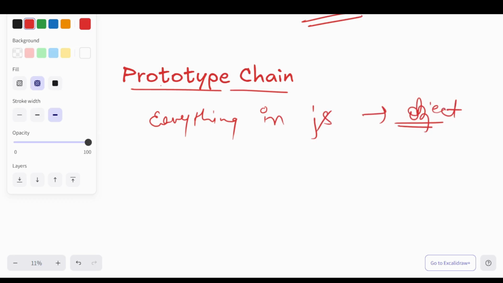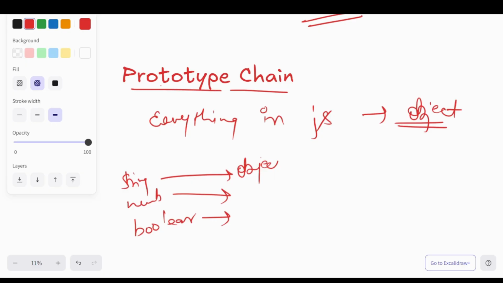जेएस में जितनी भी चीजें होती हैं वो सब ऑब्जेक्ट होती हैं, either it is a string, number or boolean. ओके, सो स्ट्रिंग का जो प्रोटोटाइप होता है वो एक ऑब्जेक्ट होता है which is pointing to the object, और फिर ऑब्जेक्ट का जो प्रोटोटाइप होता है वो नल को पॉइंट करता है, and that's how we can say